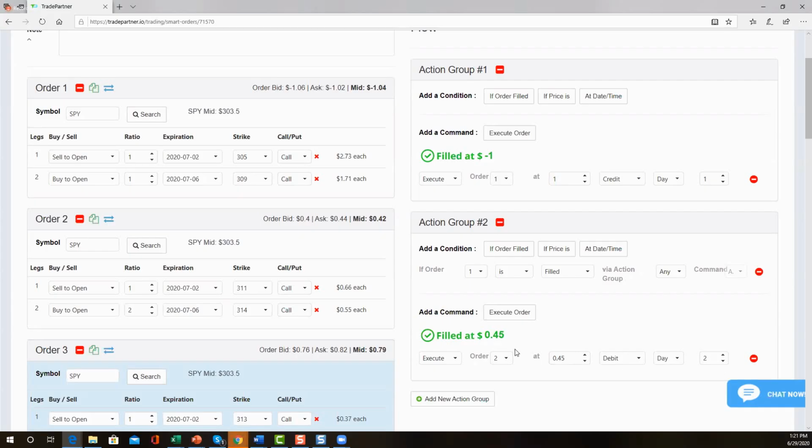I was filled on 2 of those. So I have this at a credit of 10. And it actually looks like it's better than a credit of 10 right now, based on the bid ask at 43 and the credit of 1. So no one should have any problem getting filled on this at this point at a credit of 10 or better. And that's a pretty decent trade.